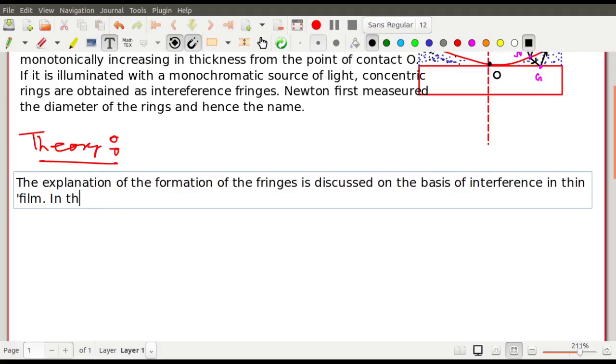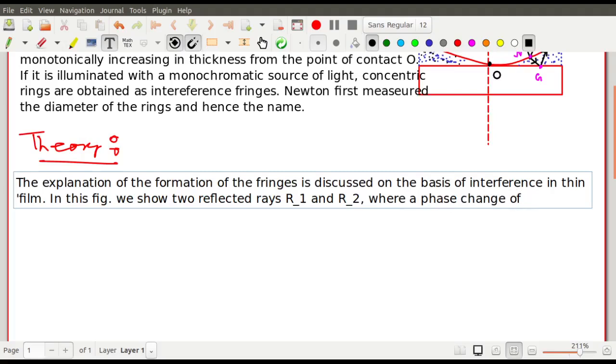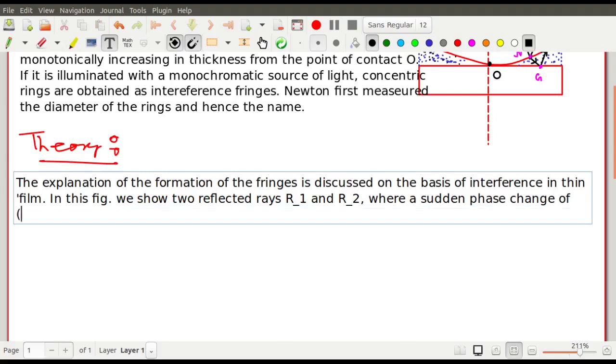Okay, in this figure we show two reflected rays, R1 and R2, where a sudden phase change of pi, or excess path of lambda by 2, occurs at the point G, as I have mentioned, when light is reflected